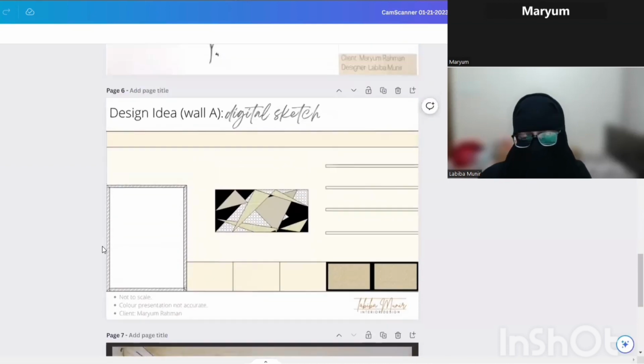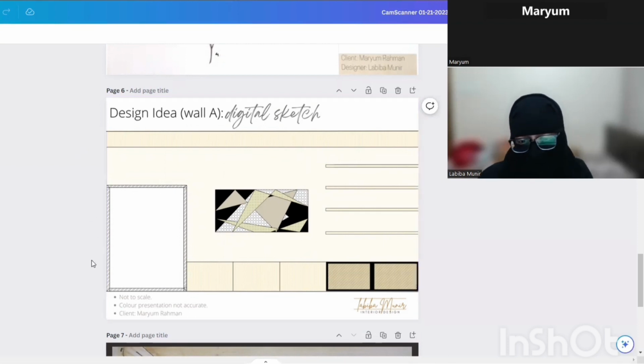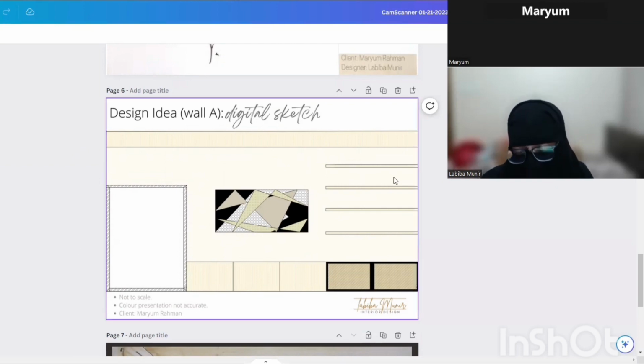So basically, this is wall A. This is actually where your entrance is. As you can see, this is the entrance of your living room, and this is the wall that the couch would be facing. And you've got your TV here and some storage underneath, and then you've got some open